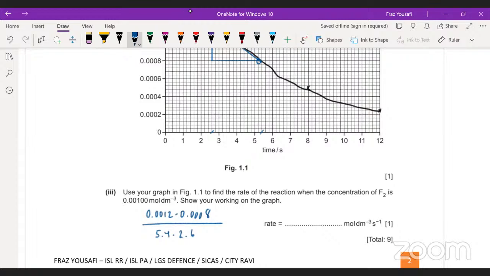And when we solve this particular value out, for example, I end up getting 9.14 times 10 to the negative 4 as my